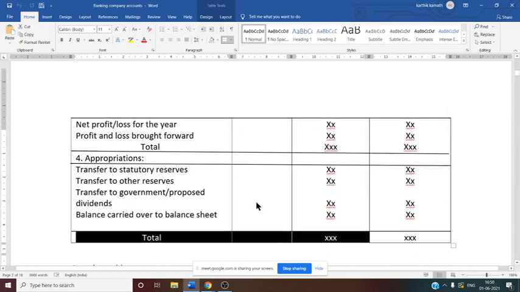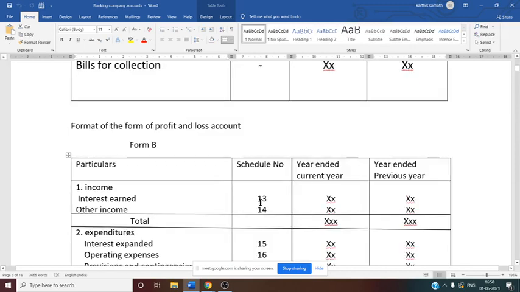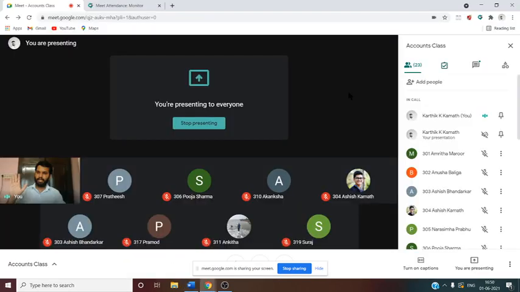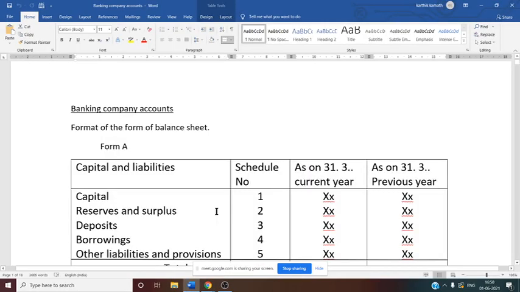So this is how you are going to see this profit and loss account information. This is the main format we have to remember while solving the problem. So you can say now, under balance sheet 12 and under profit and loss account 4 information. Now one by one we have to see. So now let us see the information one by one.